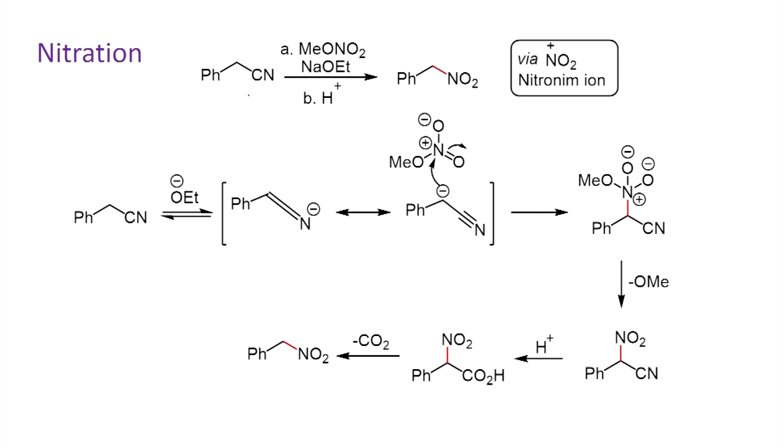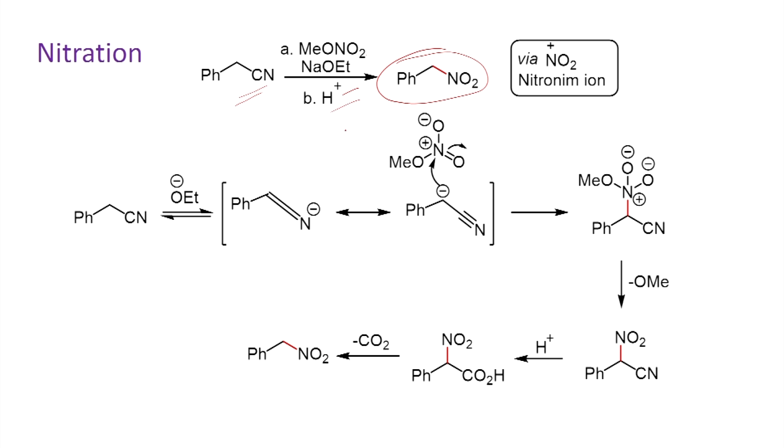So far, we have seen some examples where you use a nitrosonium ion as the electrophile. Now, we are going to look at the use of nitronium ion as electrophile. An example is shown here: when you have this benzyl nitrile, this can readily undergo reaction with this nitro compound in the presence of base. You can get this nitro compound after hydrolysis.